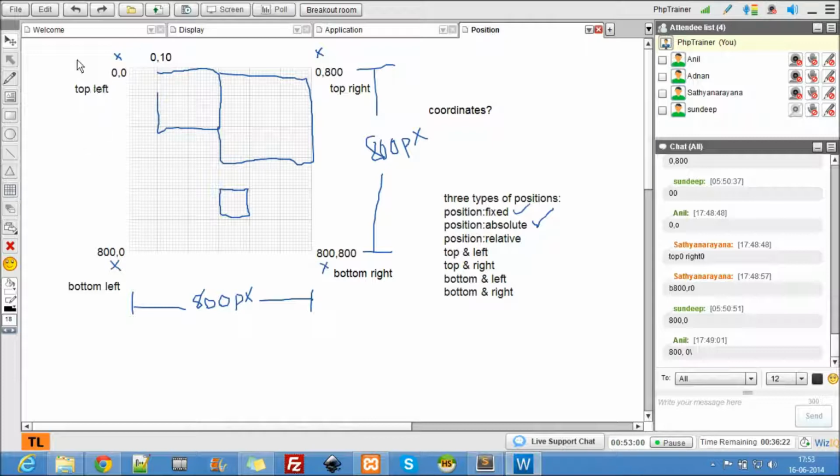Now I'll say position this particular div, this guy, position relative. I want to move the top of it 10 pixels towards bottom. So how is it possible?